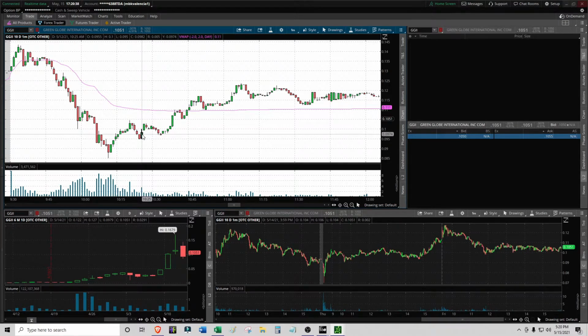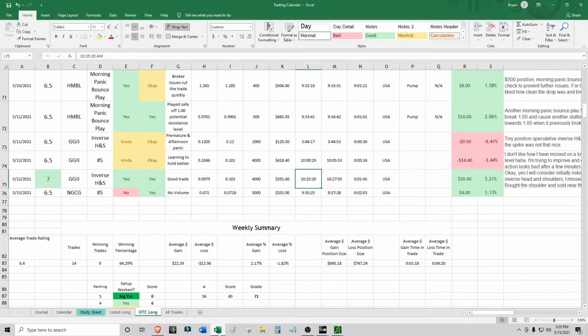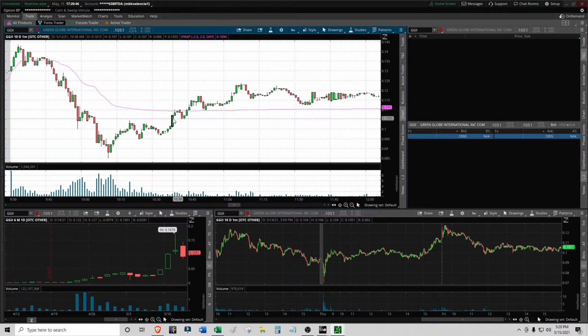979 was a buy right here, 1025, and I sold at 1027 at 103. So 1027 was right here, 103. That was actually a pretty nice sell right here at 1027. Bought at 25. This one wasn't bad at all, because this thing, which I had a fear for, and it